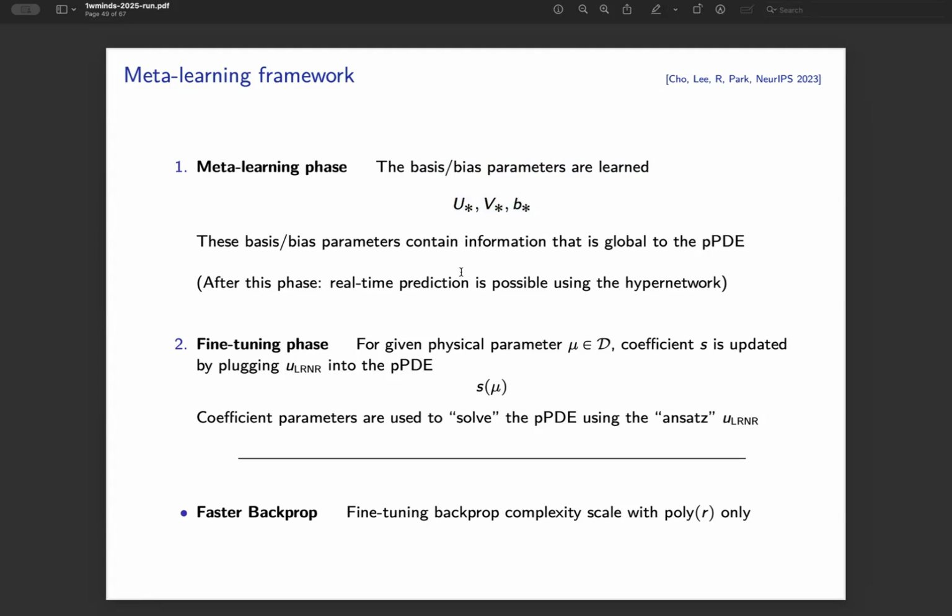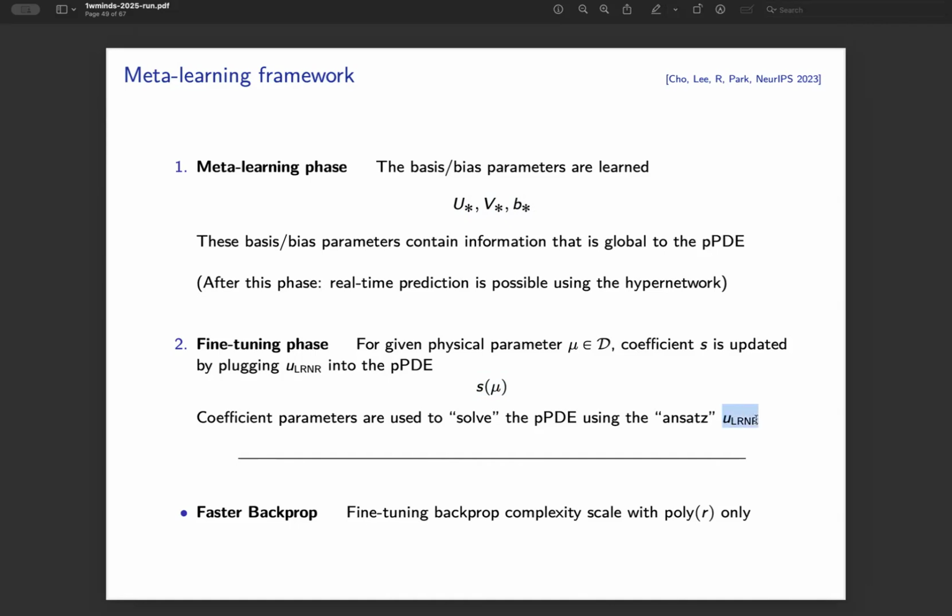However, in model reduction, we had this fast solve stage. So ideally, we'd like to plug in learners with these parameters fixed, and depends on the low dimensional parameter. You'd like to put it into the PDE and minimize the residual so that you actually find a good approximation of S sub mu using the PDE itself. So we are using the coefficient parameters to solve the PDE through this